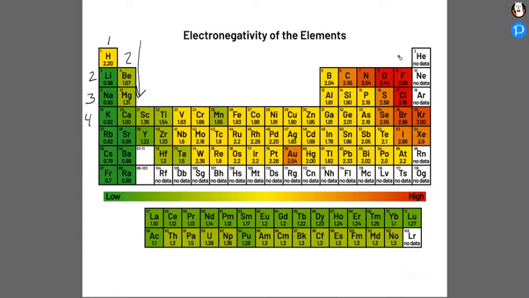So if I come over here to maybe group 17, we'll see that, right? Very high electronegativity. As I move down, they get less and less electronegative. They get less and less of that attraction of